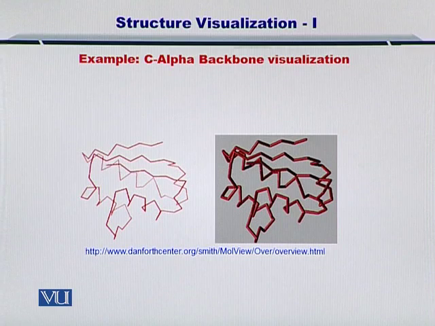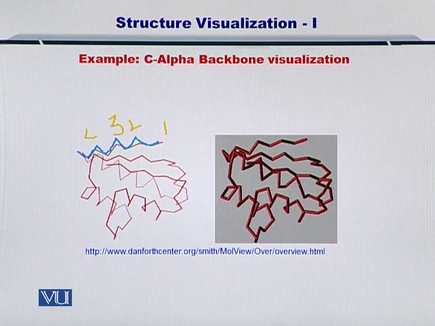Starting from the first alpha carbon, you move along the alpha carbons, and you can clearly see that this is the first alpha carbon, this is the second, this is the third, here is the fourth, and you keep tracing the path of these alpha carbons,